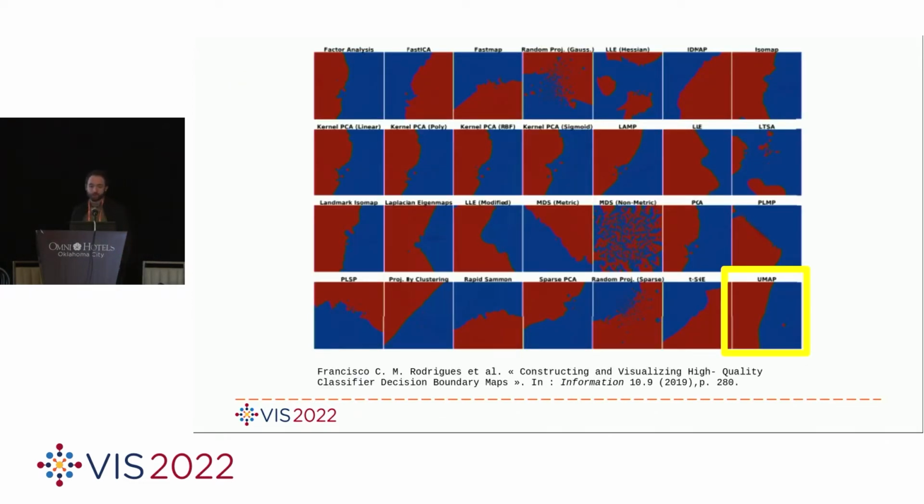In 2019, Francisco Rodriguez et al. proposed to visualize for many classifiers the decision boundary using dimensional reduction techniques. Before your eyes is the decision boundary of a CNN for a binary classification of pictures. The dataset used is linearly separable. Some dimensional reduction techniques have proposed satisfactory results, UMAP for example, or t-SNE on its left, but none of them propose the visualization of the boundary as a straight line, even if the dataset is linearly separable.